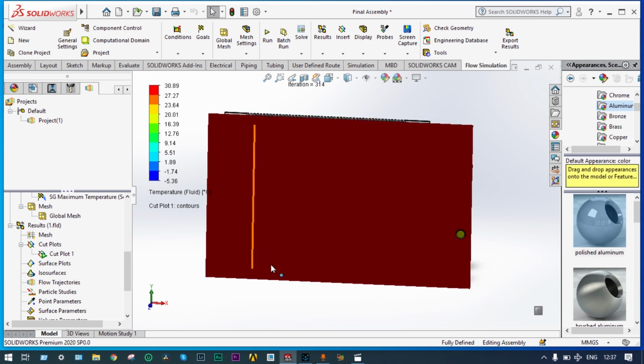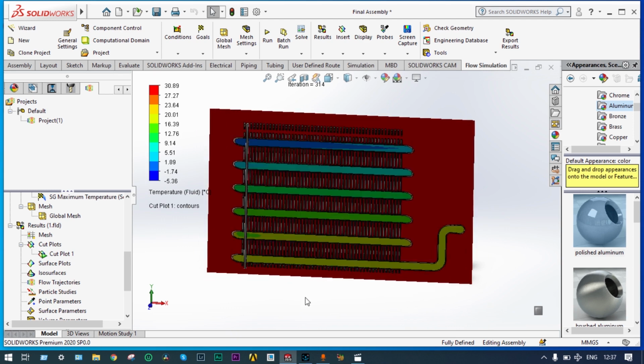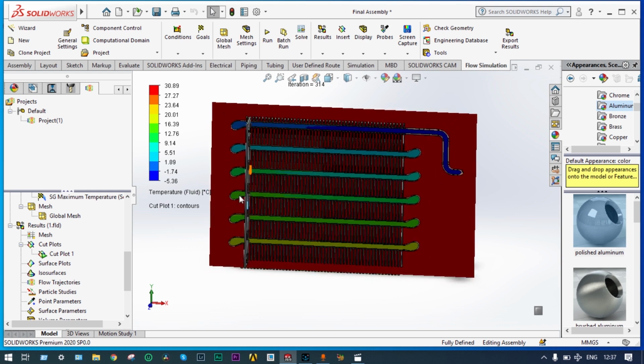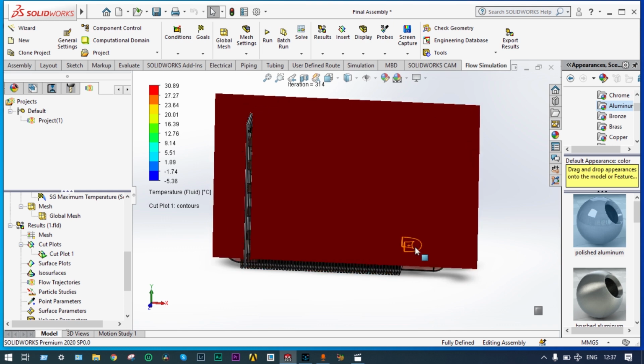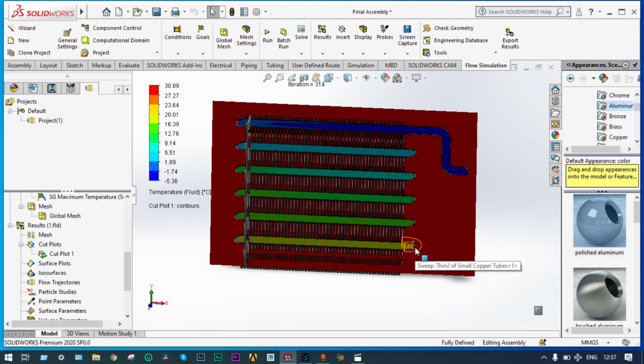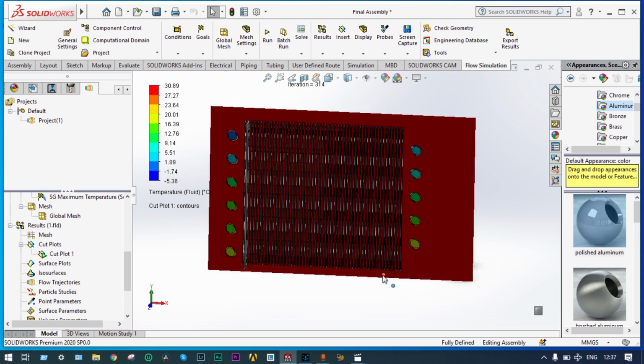It's clearly visible. The temperature at the inlet is less, equal to minus 5 degrees centigrade, and while passing through this tube at the exit its color is changing. It is in the range of 21 to 23 degrees centigrade. Okay,